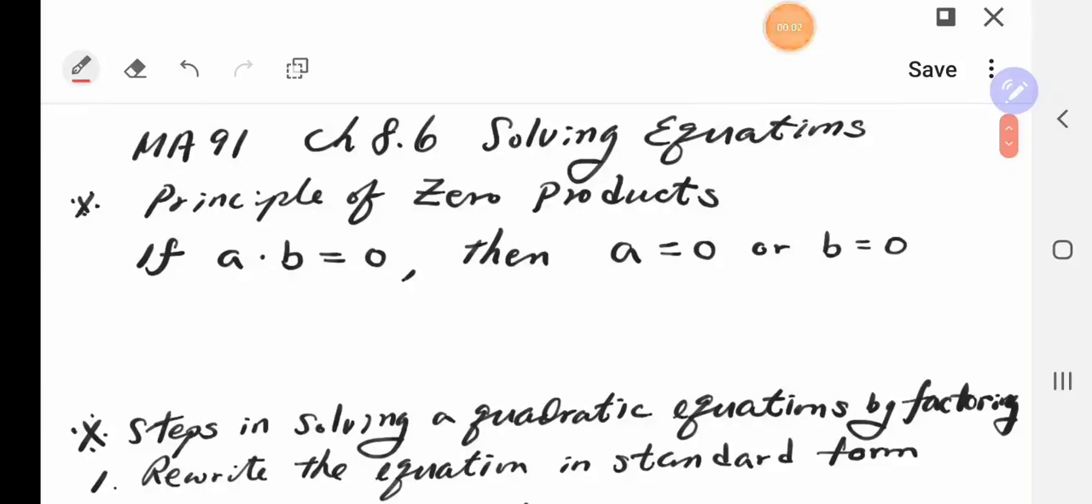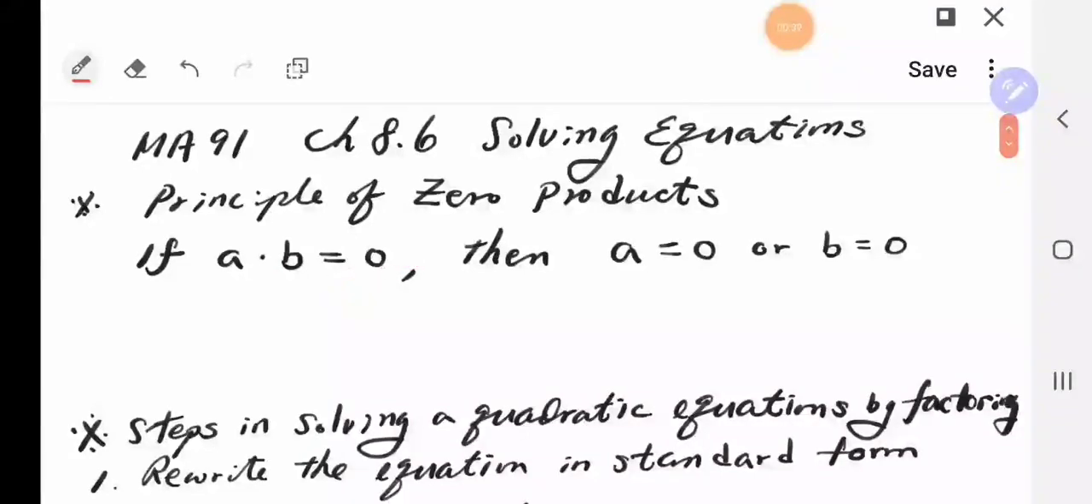Chapter 8.6, Solving Equations. In this section, we will solve a quadratic equation or an equation that contains a variable. So we will use the principle of zero product, the zero product rule, which means we have a product like A times B. This equation is equal to 0 because the left side of the equation is a product, the